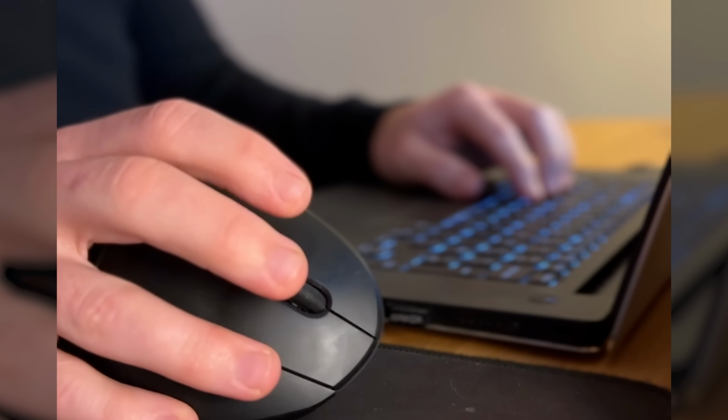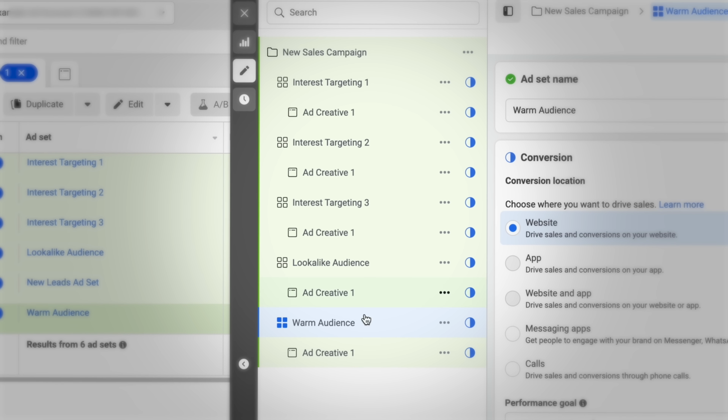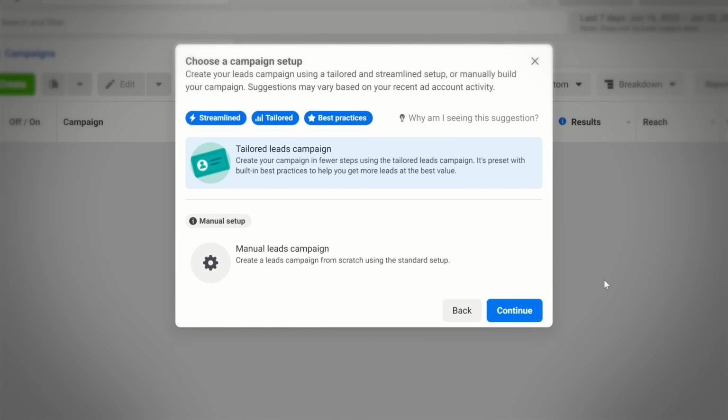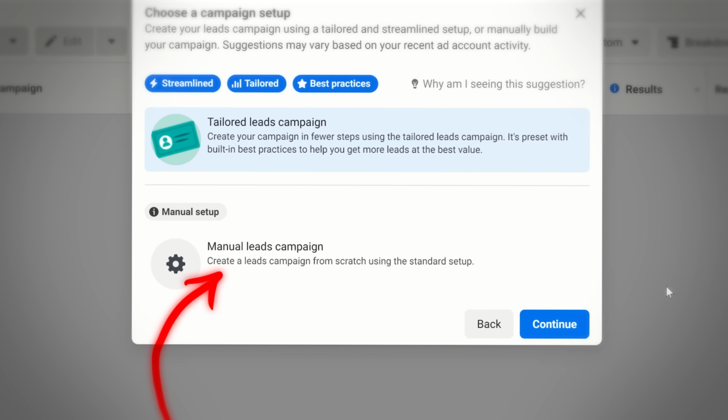However, if you know what you're doing and you do want to have more control over things like placement options, over things like ability to test different targeting options simultaneously, then I think it's much better to go with a manual campaign setup. If you're, I would say, definitely an intermediate or advanced advertiser, but even a beginner that's sort of gotten over those first few hurdles, you've gone through my tutorials on how to create a campaign, 1 or 2 of them, and you've got an understanding, you'd be better off having more flexibility and more control,